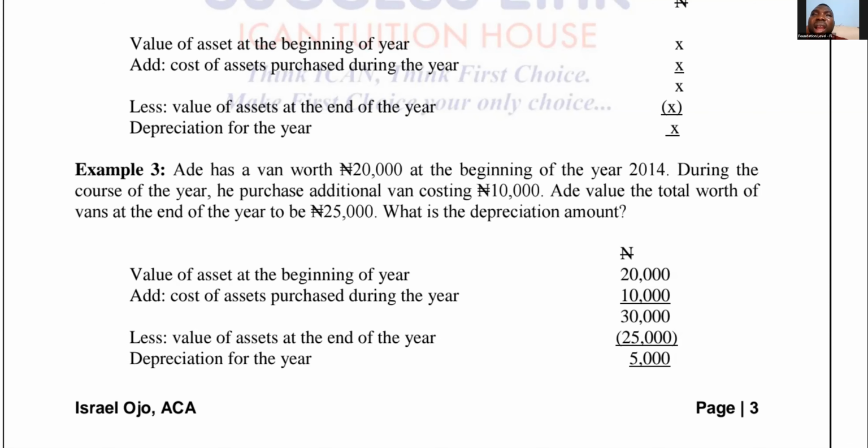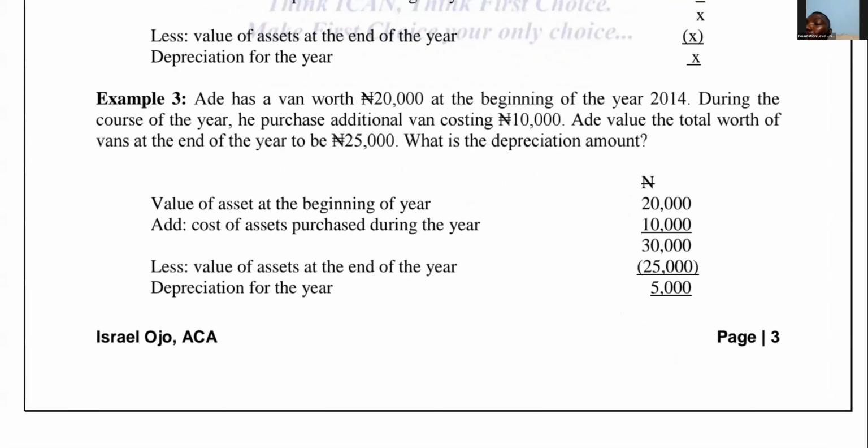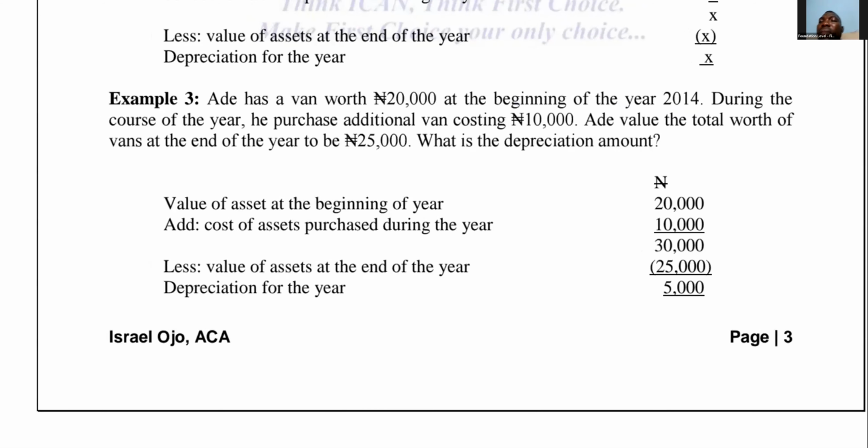So it would be very wrong for me to still carry it at 30,000, because at the end of the year it is no longer 30,000. So I need to reduce it. The difference is what we know as the depreciation for the year. So 30,000 minus 25,000 gives us the depreciation for the year. Okay, now after that being said,